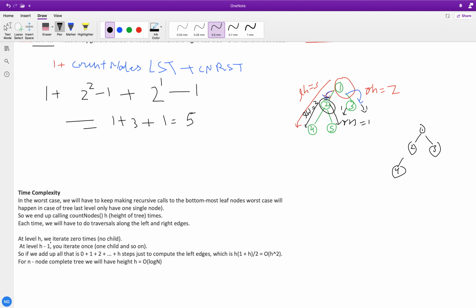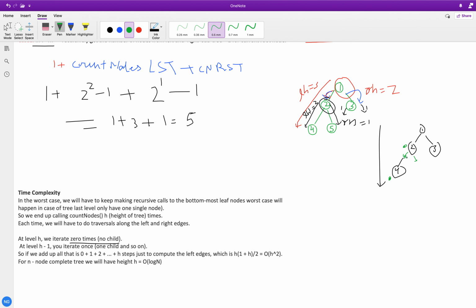At the level of h we will have 0 times. Once we reach this level we have not reached the end, so we are calling only 0 times. And here we are calling 2 times, one on this side and one on this side. So this level is h minus 1, where we are calling 1 time.